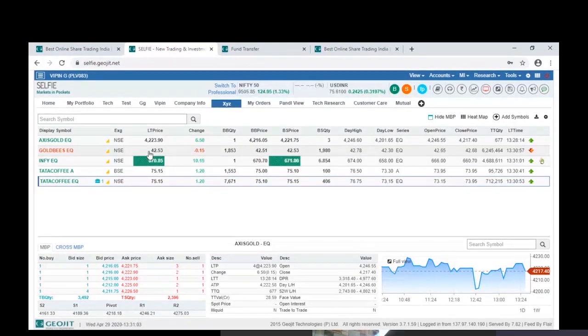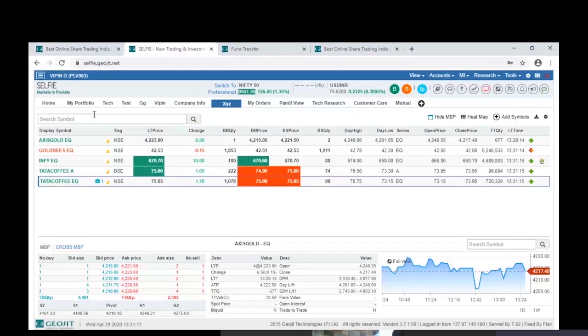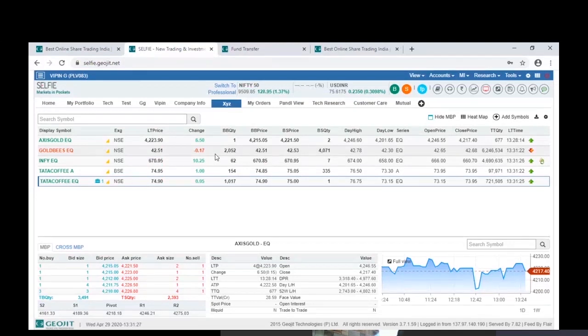So based on the asset price going high, automatically your ETF price also will go higher. As an example, I have listed 2 ETFs. You have other ETFs also available. Why I have chosen Gold BeES is because that is the most liquid ETF available in the market. That's why I listed Gold BeES in the market watch.